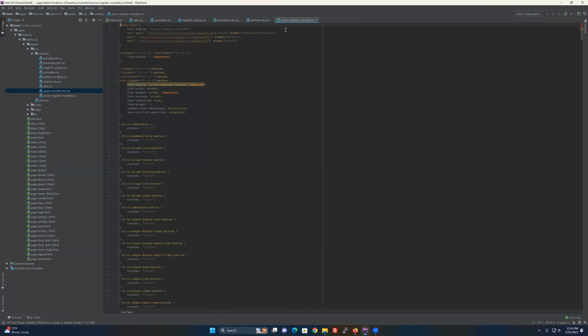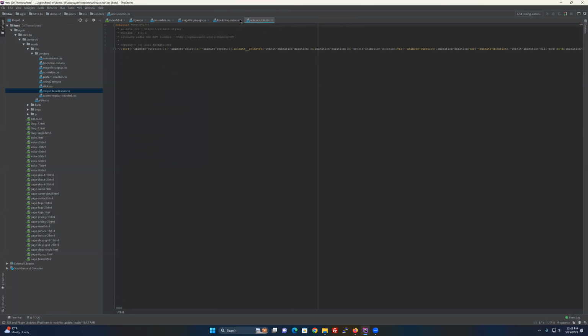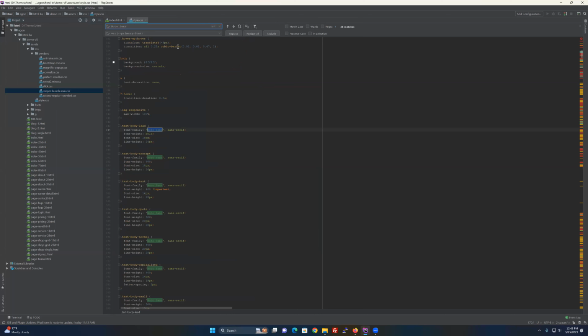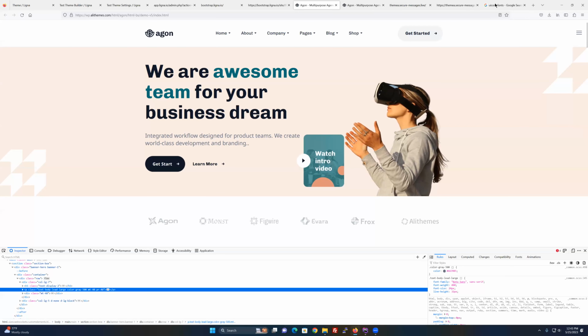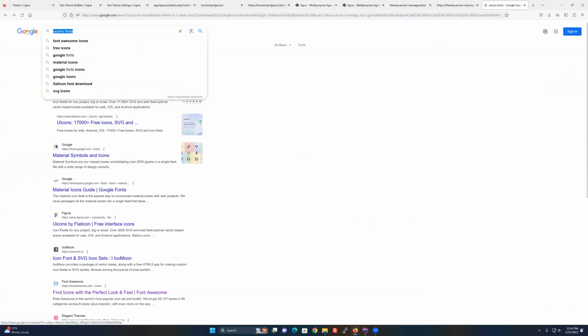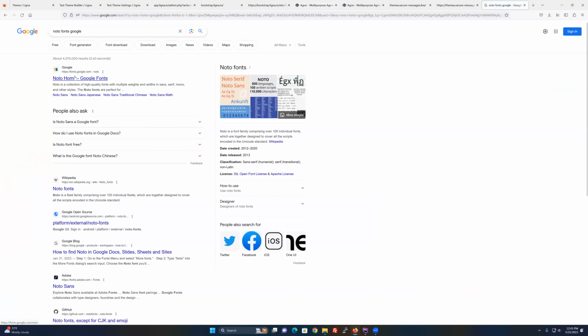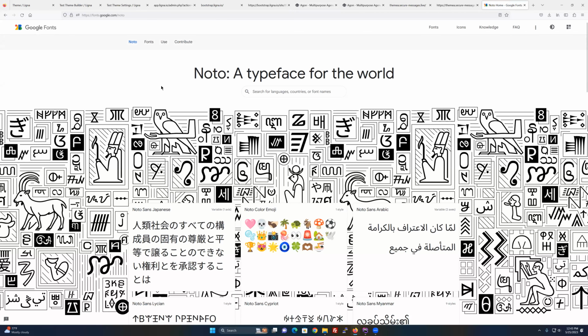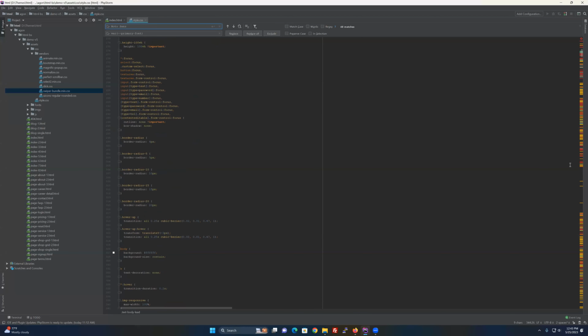Okay, so it's not, but I'm going to show you how to do it without it. Doesn't matter. Okay, so I'm going to go out to, in most cases, this one is called just Noto. Okay, cool. So all I have to do is just grab, and in most cases, it's just Google Fonts, but